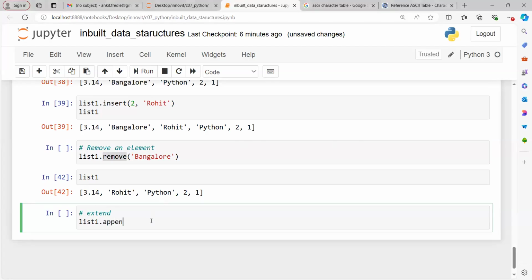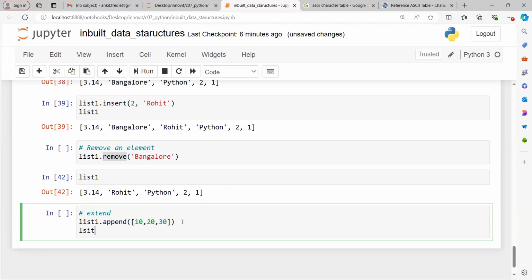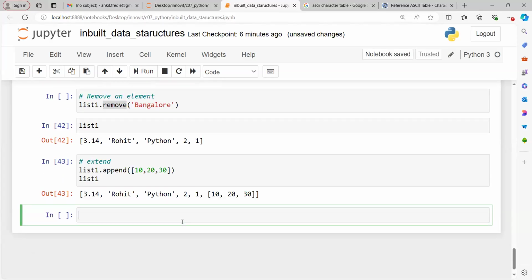So let me do one thing. list.append. We already see the list one above. I want everyone please to pay attention to the screen. Now you see that append will always take one element at a time. And let me give that element as a list itself. What I'm doing is adding one list as an element at the end of list one. This is my list one: 3.14, Rohit, Python, 2, 1. What I'm doing is I'm adding one more element, which is a list. Now, the moment I execute this, what you will see is that